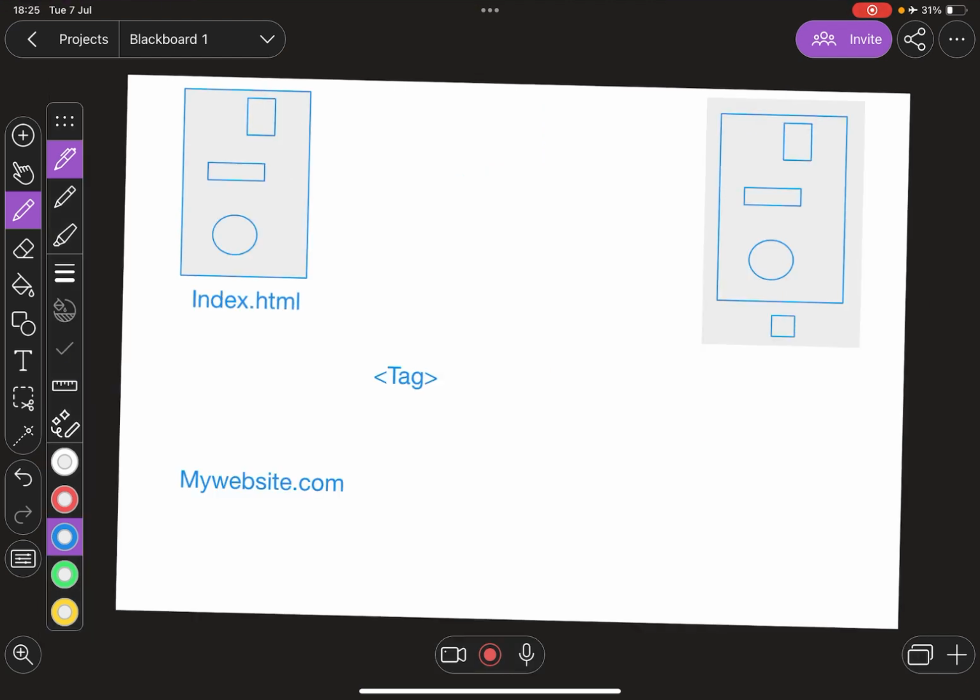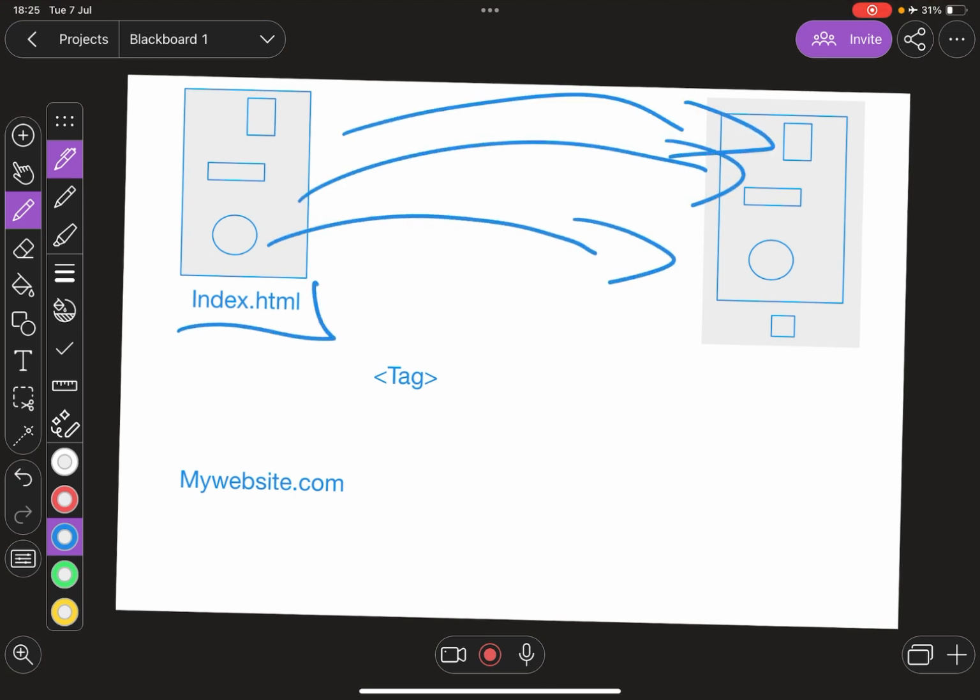Next, we've got index.html. It's there to provide the structure, layout, and content of your app. It's split up into 2 parts here. You've got the name and the type of file, the extension. The name can be whatever you want, like every other file in this series. The extension is what matters. Fun fact though,